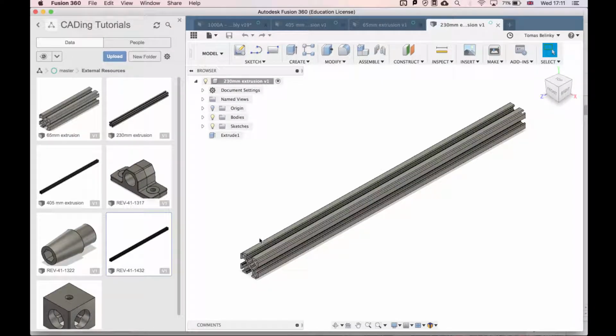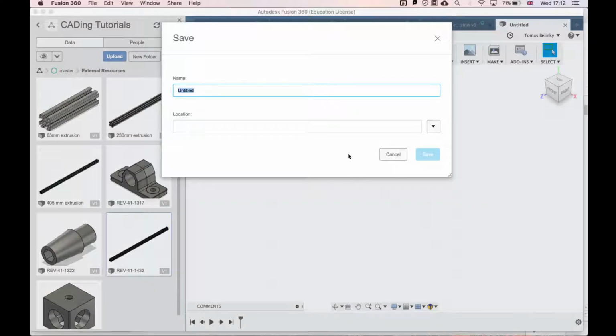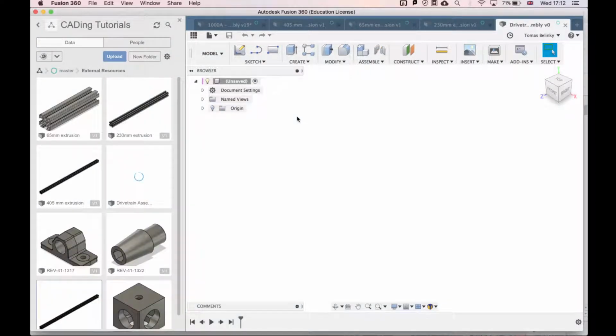All right, so now that we have all our extrusion pieces, I'm going to start by making an assembly. An assembly is an amalgamation of all the parts that we make, and we make it into one big model so that we can see the entire drivetrain in one file. So I'm going to start by making a new design and saving it as drivetrain assembly. It's important to save before you start making an assembly,